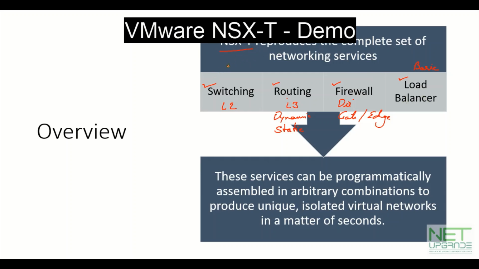So VMware has brought us all the networking products in a virtualized format, and this is completely an SDN solution which VMware has brought. Everything is configured in a programmatic way, and everything is close to your virtual machine, and everything is ready in a few seconds as well. You plan to deploy a switch, then you go and configure the switch, it is immediately available. But in a physical environment, it is not possible.